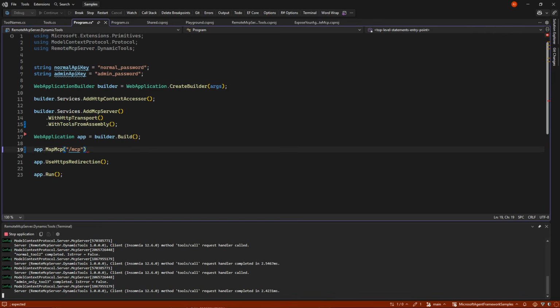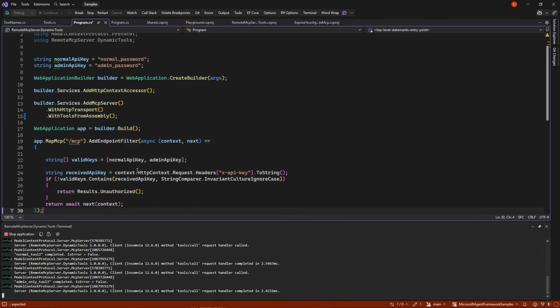But in this case, I'm just going to put in an endpoint filter that has two valid keys, either a normal API key, which is just a normal password, in real life it would be some kind of grid or something, and an admin key. And if none of the two are the keys, we just get an unauthorized, else we get access to the MCP server.